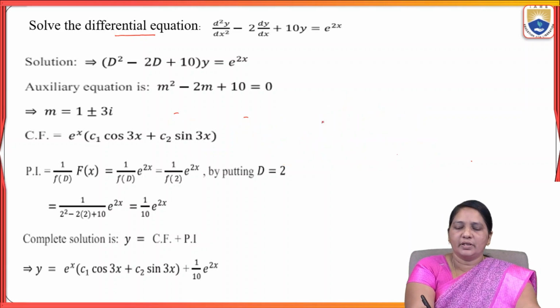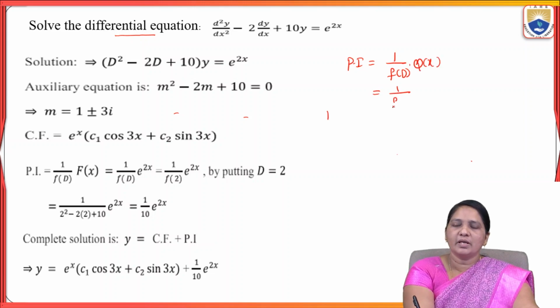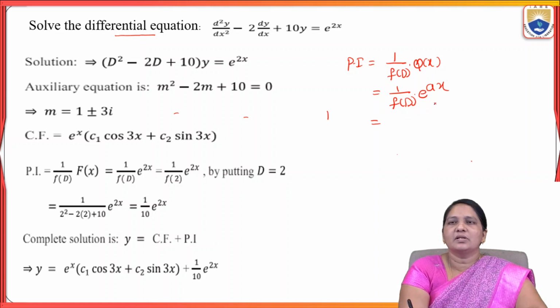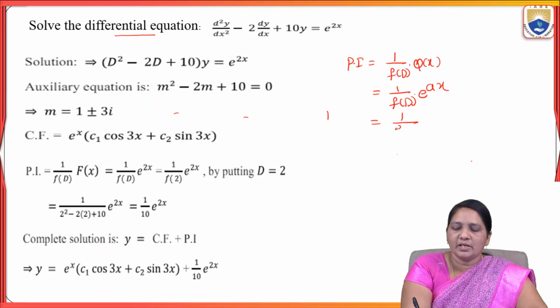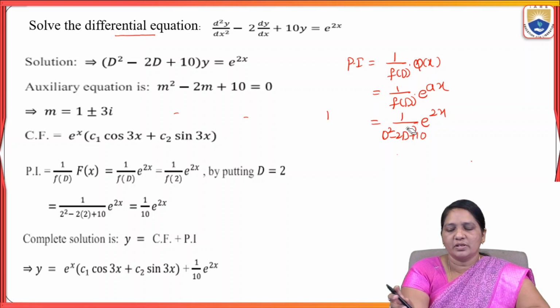So here particular integral PI is equal to 1 by f of D into Q of x. So what is the Q of x here? Q of x value is e power ax. So here 1 by f of D into e power 2x. In place of f of D I am writing the form here, D square minus 2D plus 10. So here 1 by D square minus 2D plus 10